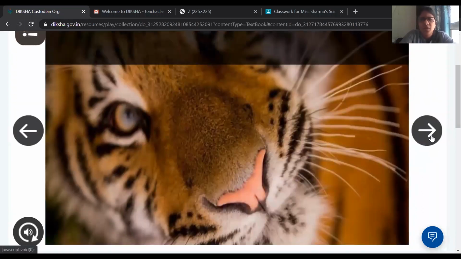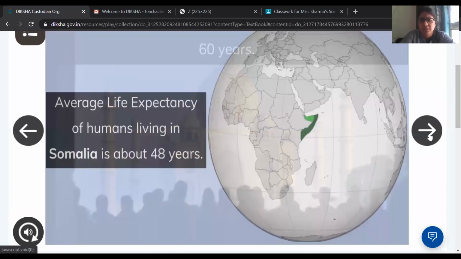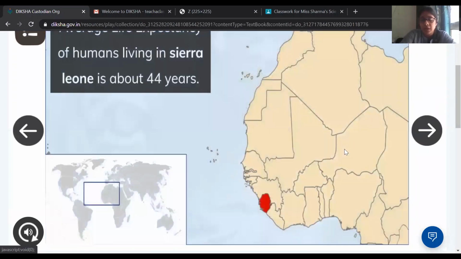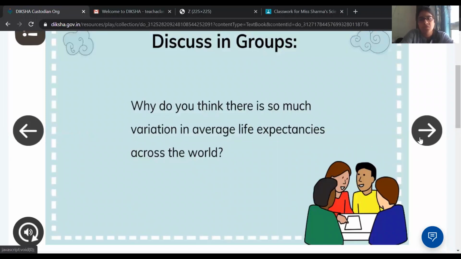They have broken it down very well and everything is there. If right now you are taking virtual or online classes for your students, it's very easy to just share your screen. You can do it on Zoom, on Google Meet, or on Skype. It's very easy to share your screen and then just start teaching by using this presentation.